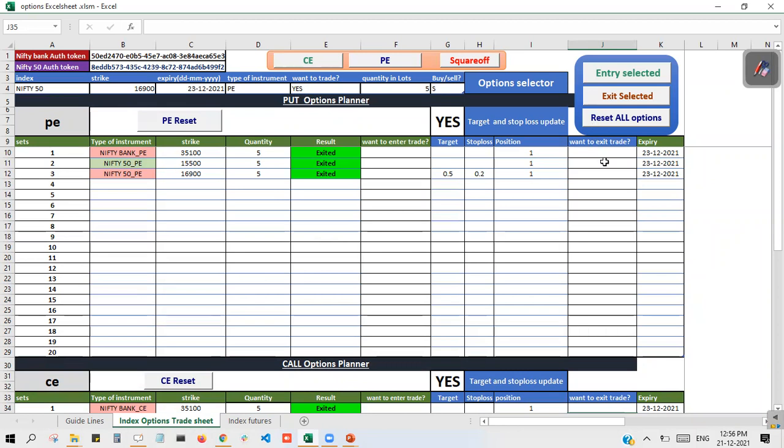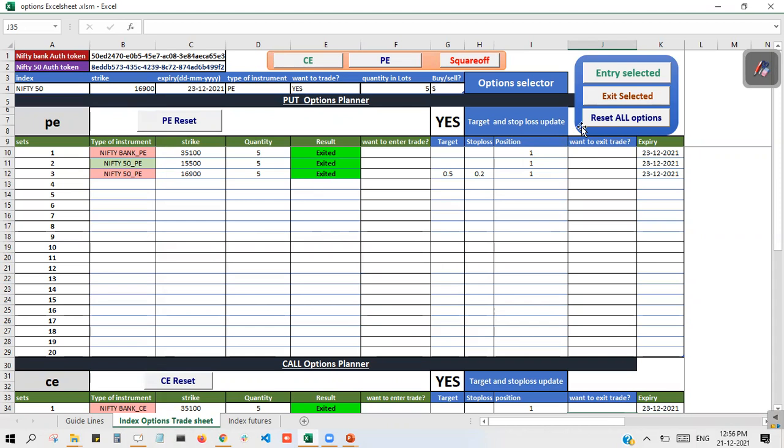But one thing you need to keep in mind is that whenever you want to enter a trade, you cannot place target and stop loss while entering into the trade. Only after the order becomes active can you place target and stop loss. You cannot place target and stop loss with the entry. This is the thing you need to keep in mind.